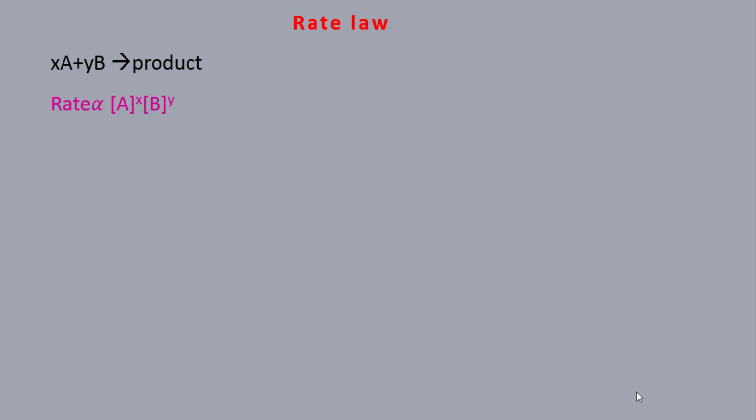This is a very important question. Next question, this is also very important. Order of reaction and molecularity of the reaction. Order of reaction is defined as the sum of the powers of the concentration terms involved in the experimentally determined rate law. Molecularity of the reaction is defined as the total number of reactant species that are involved in the elementary step.